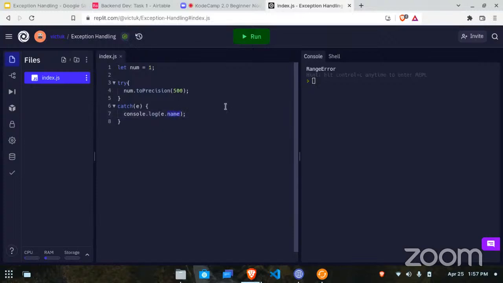If we did e.message, we are going to see the message for that particular exception. So, the precision argument must be between 1 and 100. So you can't have a toPrecision that's higher than 100, and it can't be less than 1. So this works out. But if we did a precision, let's say toPrecision 20,